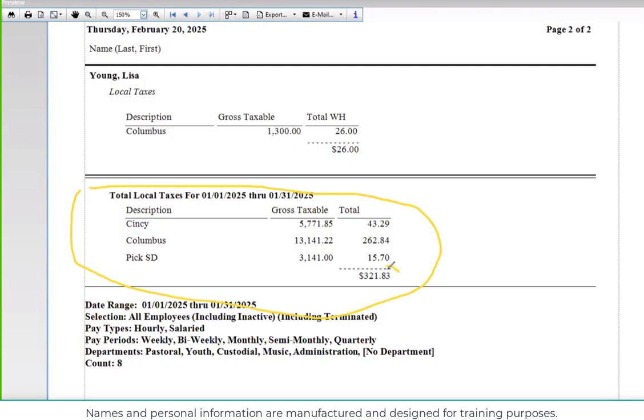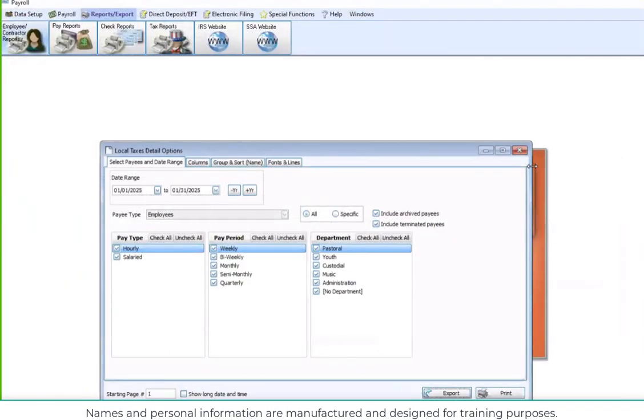And if we notice, the 321.83 matches up exactly with what the local and county tax balance was in my accounting module. Okay? The software, if set up correctly, does most of the work for you. But please, folks, use the reports in payroll as your guide. There's an exception to maybe why payroll might be wrong. But typically, if payroll is set up correctly, everything in here is what's going to print on your tax forms,